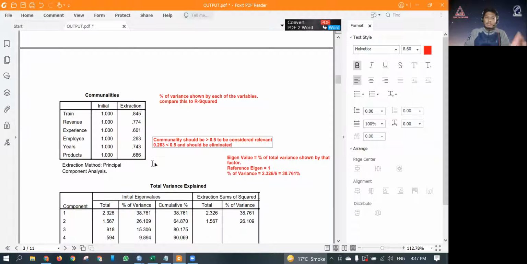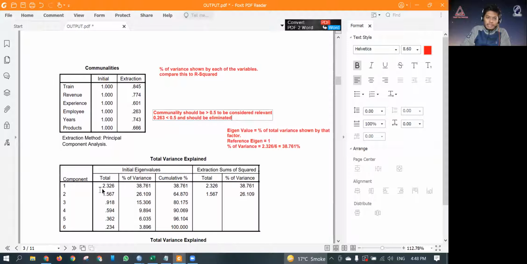Ideally, we should go back to the data and eliminate the employee factor, because this shows that the employee factor is not that relevant when it comes to estimating the communality between all these factors. So we should have eliminated this one, but for now we are keeping it, and that's fine. This was something I missed earlier.